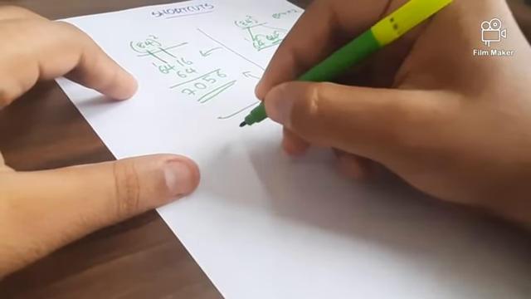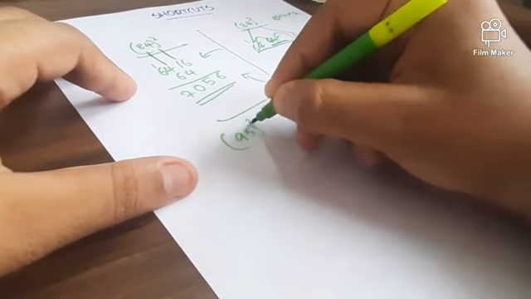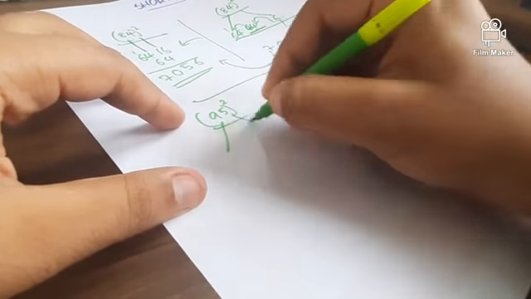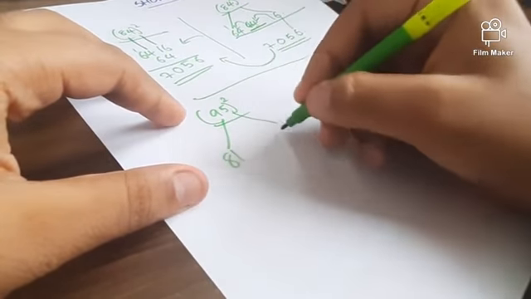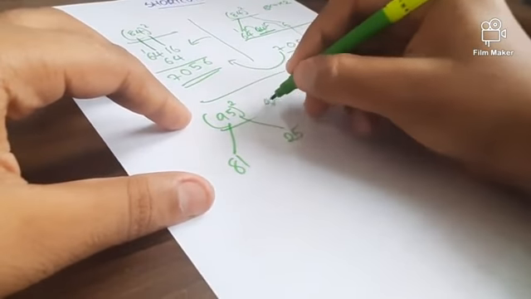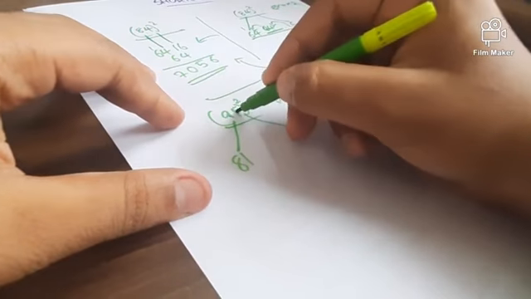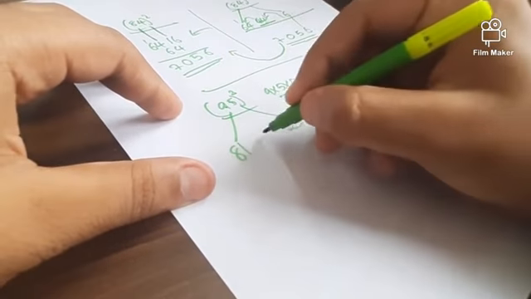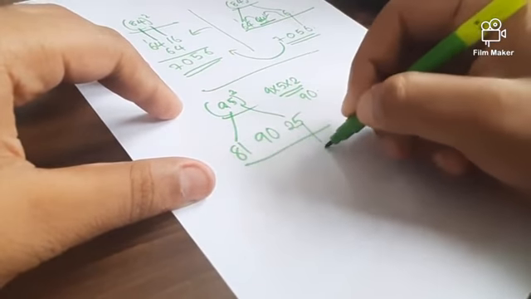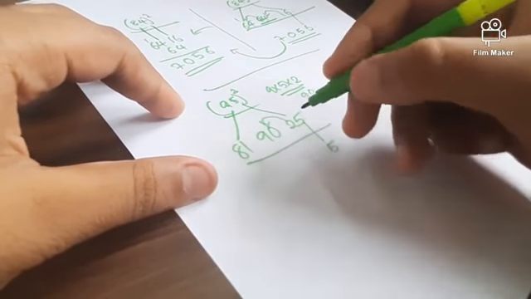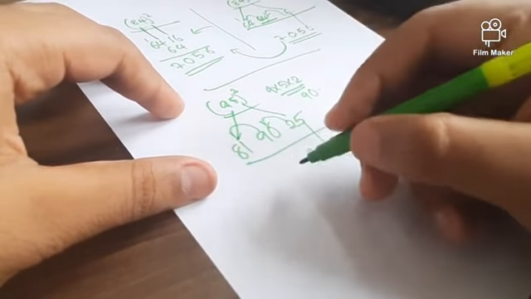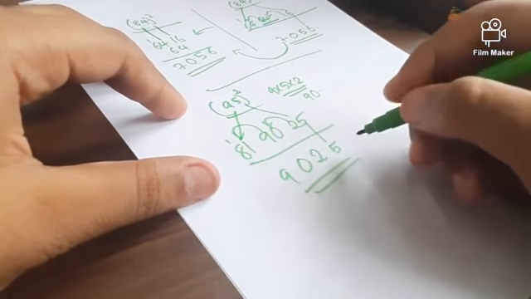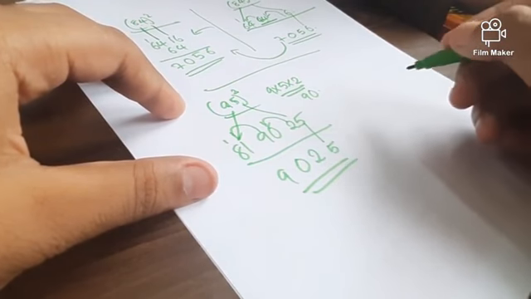So let's check with 95 square. What will we do? Simply write the squares of the numbers, that is 81, 25. Multiply these numbers, 9 into 5 into 2. So we will get the answer as 90. Write it here. Simply write 5 here. Add these two numbers, we will get 2. These two numbers will get 10. It's 1 here. 9025. Isn't it very easy?